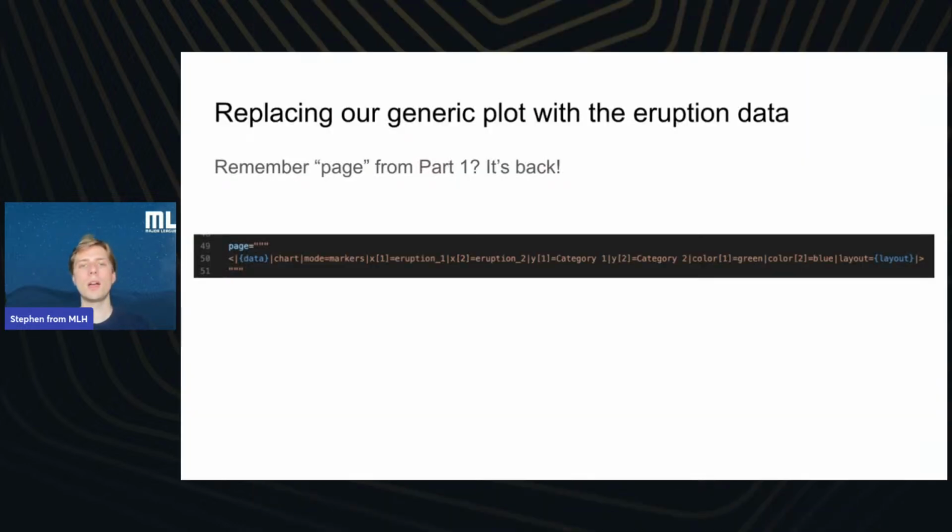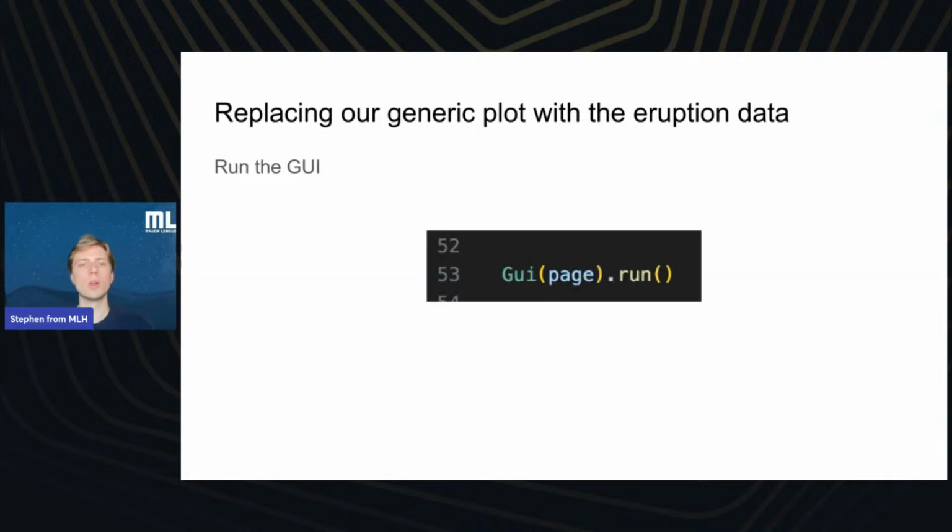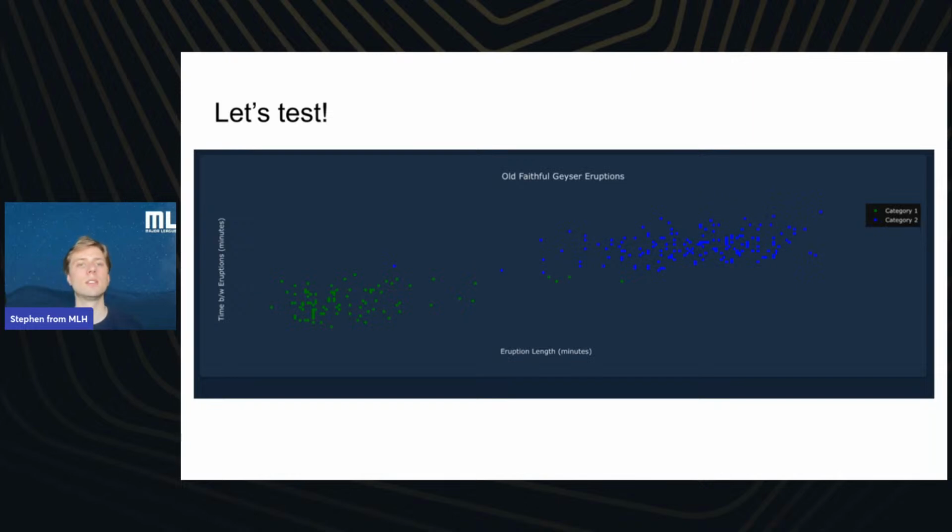But we'll go back to our slideshow and run the GUI. So when we run the GUI now, we will just pass in this page variable. We won't pass in a long string like we did last time, because we've already done the heavy lifting with that page variable. So when you type this in and run your code, you should get the following plot. Look at that pretty plot of all of the eruptions, and it's showing the short eruptions in green, at least on mine. It might show the blue eruptions short on yours, but as a cluster towards the bottom left corner. And then the long eruptions are shown at the top right in blue.